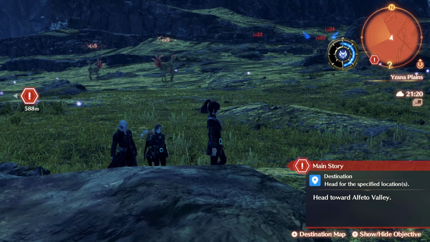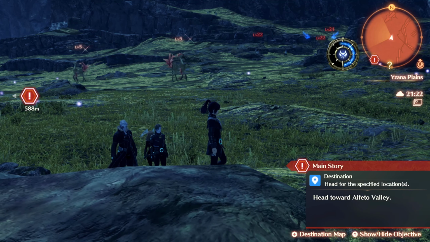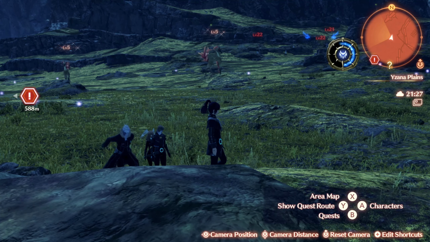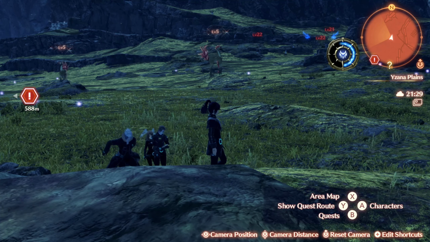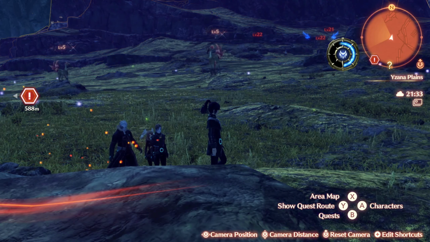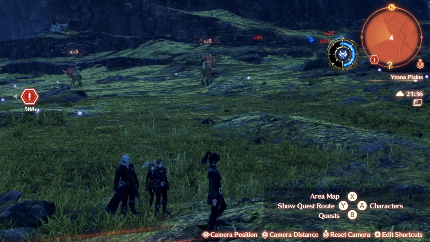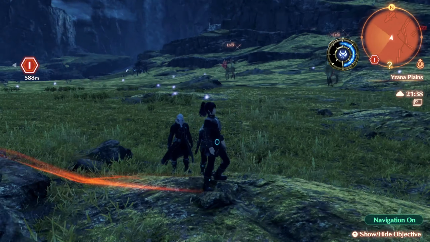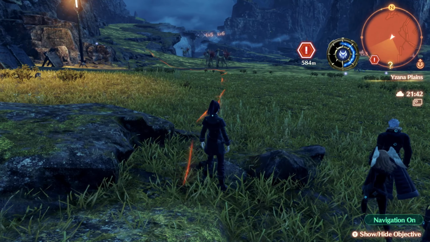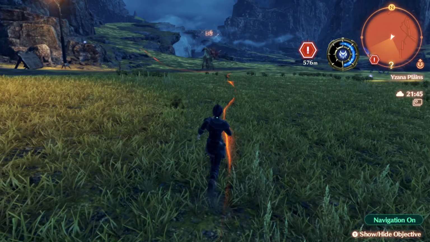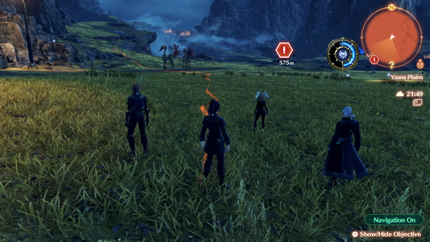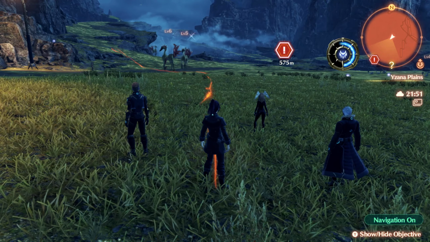I kind of forget. Here you can show and hide the objective. Head towards Alfredo Bay. When it comes to the navigation, when you do the ZL area map, show quest route. When you show the quest route, you go like that. Whoops. Gotta let go. It'll show you the quickest way to your location following that red line, which is just absolutely phenomenal. Now, this is not necessarily going to be the safest route, as they say. However,